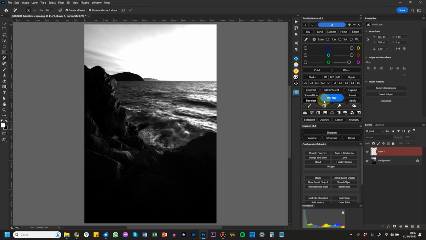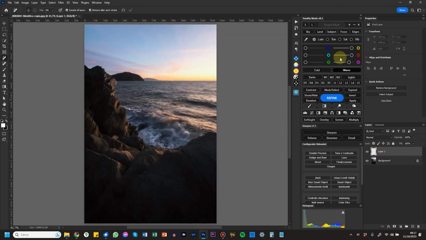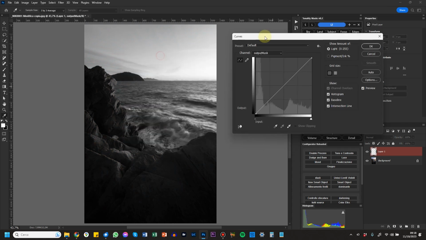Now, you have seen that when I click on Refine, I get the levels adjustment. But if you prefer, you can go back to the options, Refine mode, and choose Curves or Levels. If I press Curves, the panel is set to refine the mask with a curves adjustment.